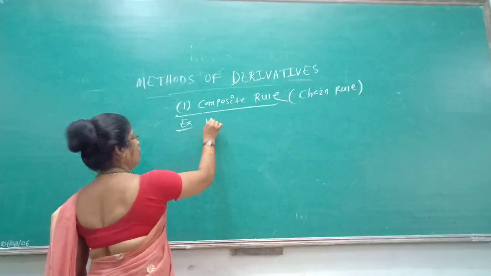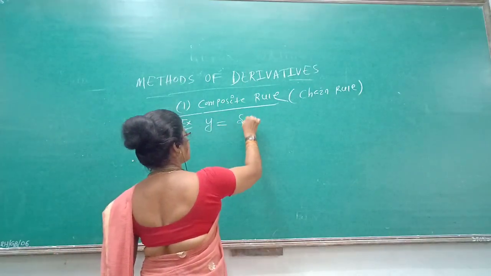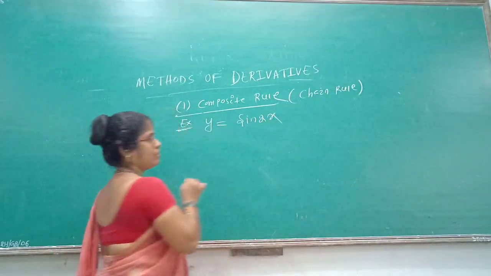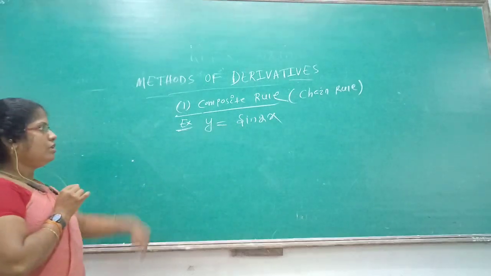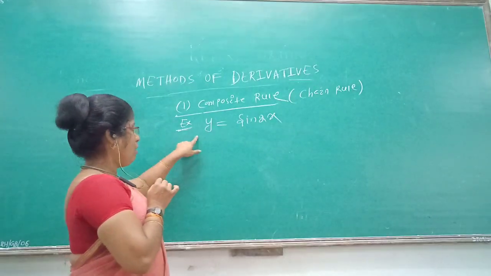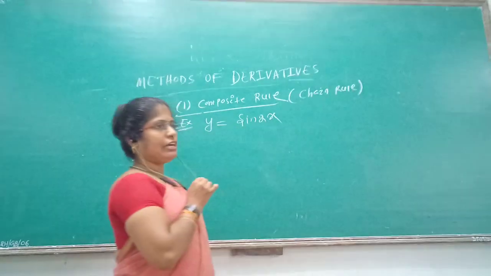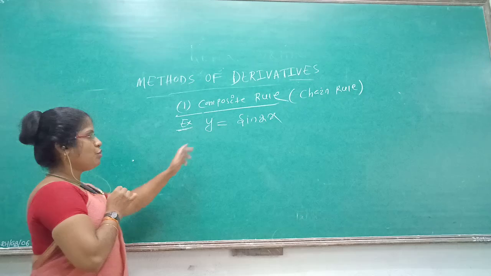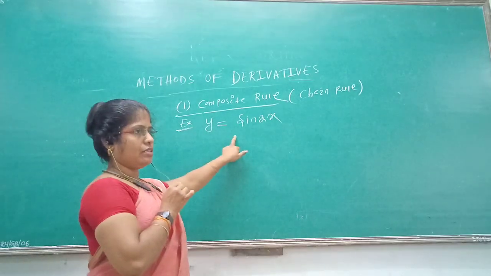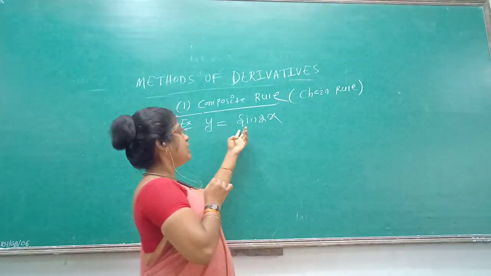For example, y equal to sin 2x. Before that, in all the formulas, we only know the derivative of sin x. There is no formula for sin 2x. Okay, or otherwise, you can write the